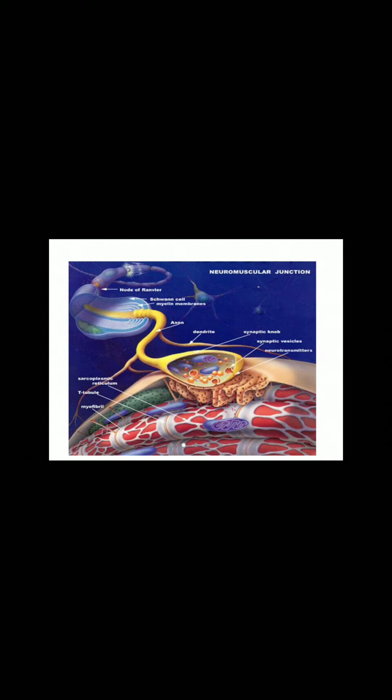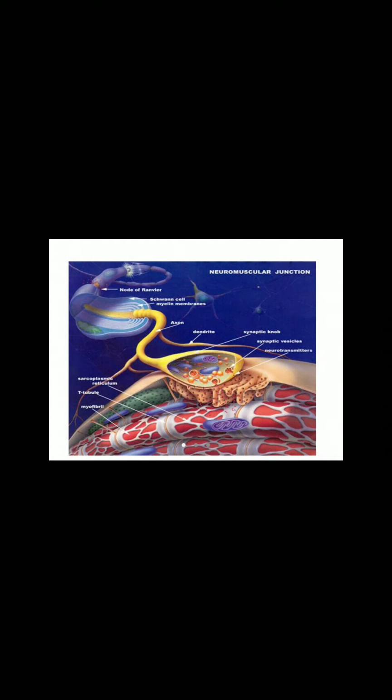So calcium influx does not occur, so there is no exocytosis of the neurotransmitter. This leads to no transmission of the impulse across the neuromuscular junction. Both these disorders are entirely different.